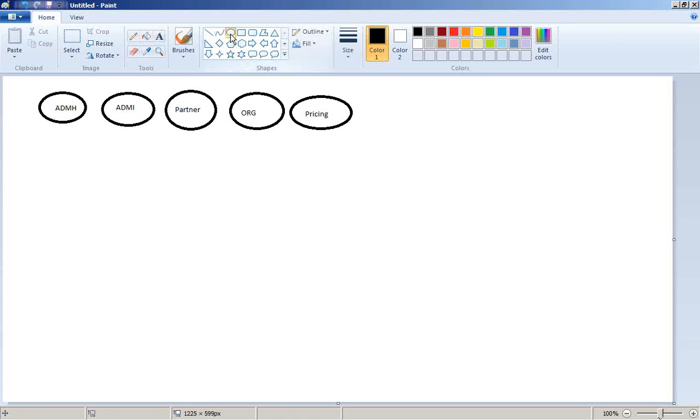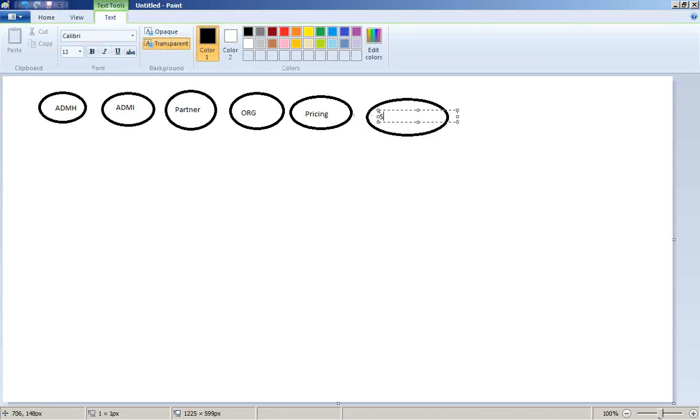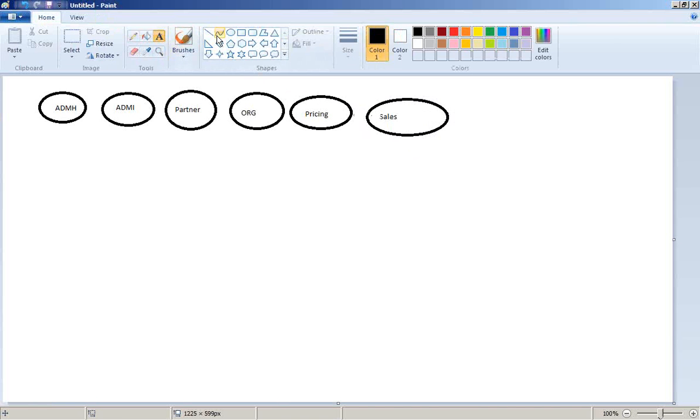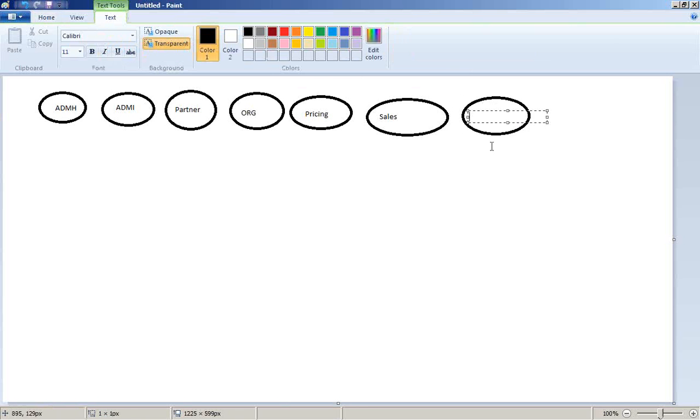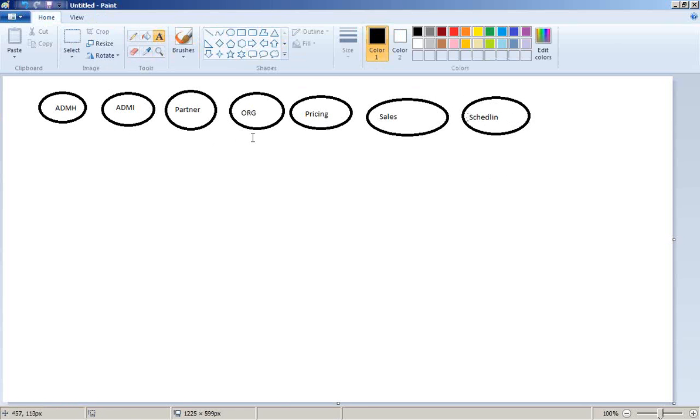Say this is items, header, partner, organization, pricing, sales data. Then I can take another for schedule lines.